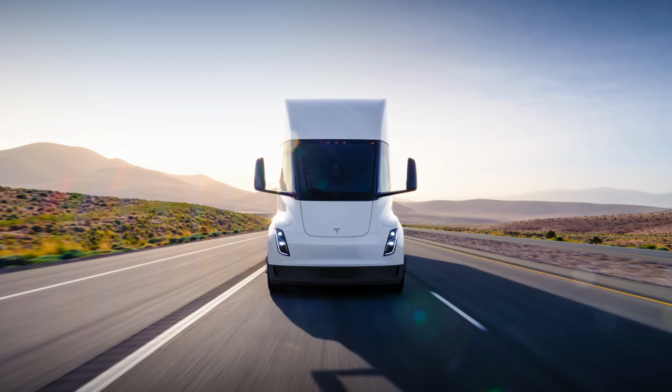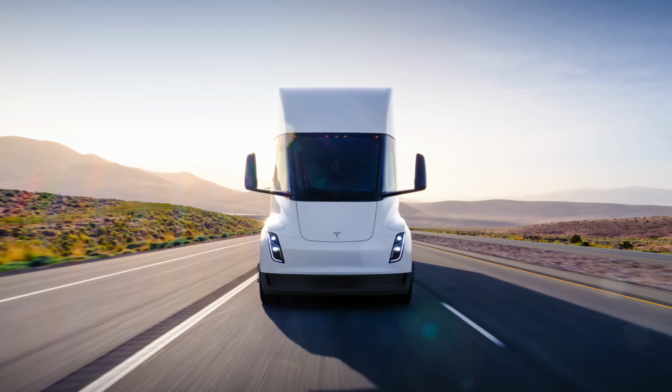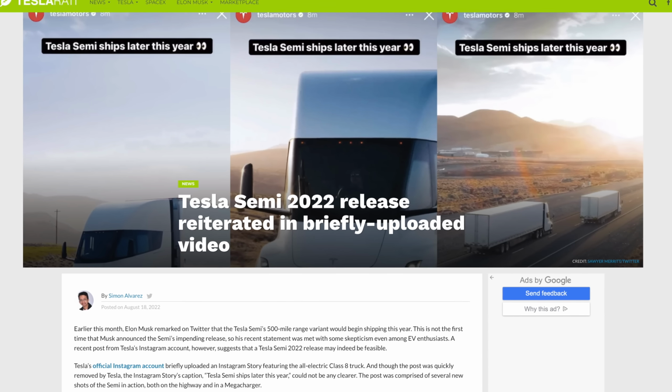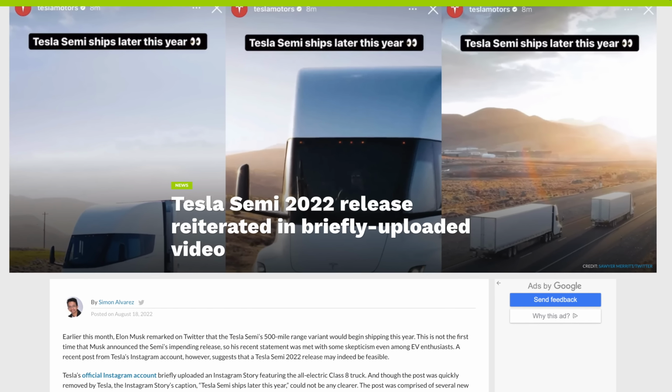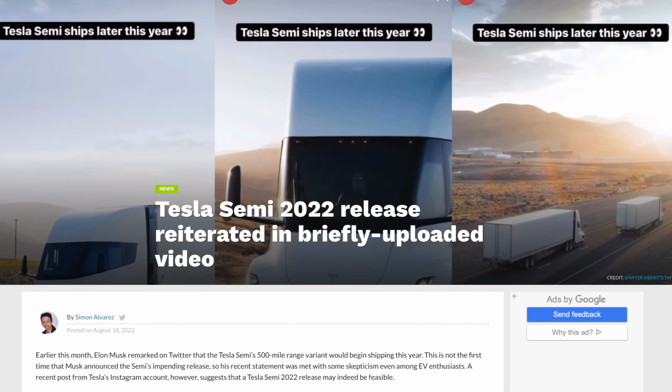In a very weird turn of events, Tesla seems to have updated the Tesla Semi webpage with some new information, some new specs, but it may have been prematurely spilled by their Instagram account manager, because basically we got some videos posted on there recently of the updated Tesla Semi, and it just had text that said Tesla Semi launching later this year, but that video was quickly taken down, which actually made me doubt the